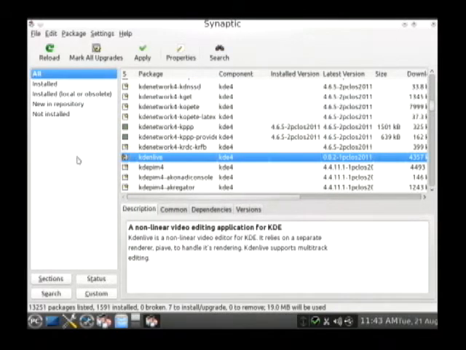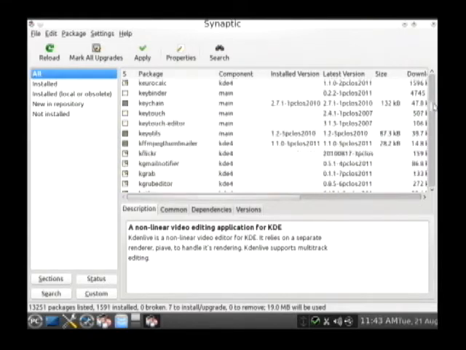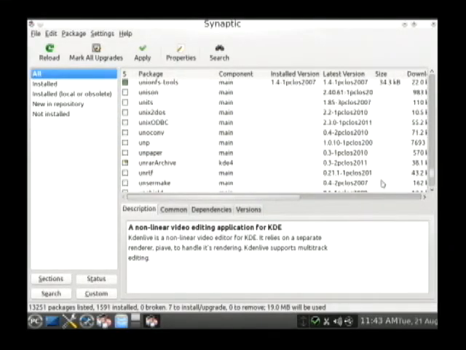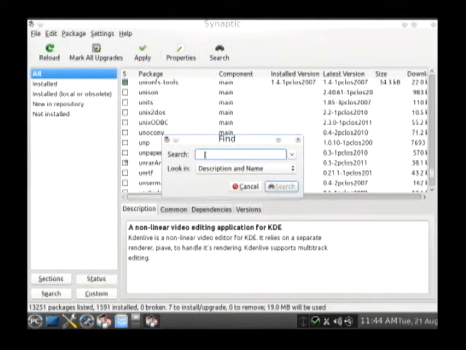There's one other application I think is quite important that a lot of people are going to want. I want to introduce you to Wine. Now I could scroll down alphabetically to the W's and find that. It's going to be somewhere near the bottom of the list like this. But there's actually a faster way. I can click Search and type in the name of an application. If I know its name or something in its description that I want, I'm going to type Wine